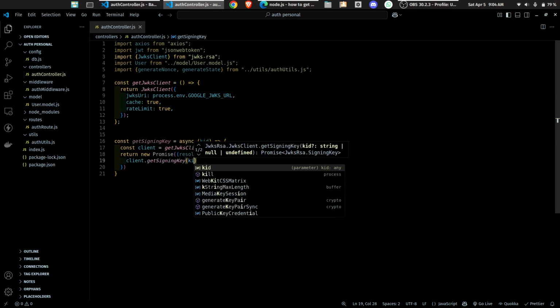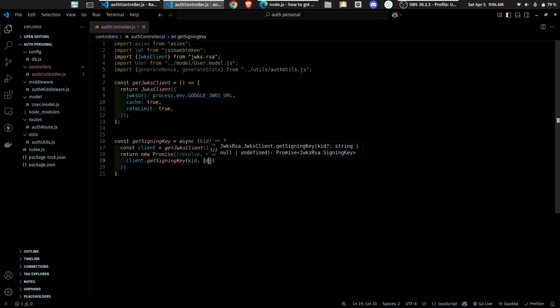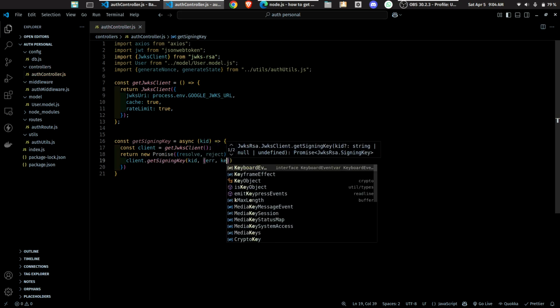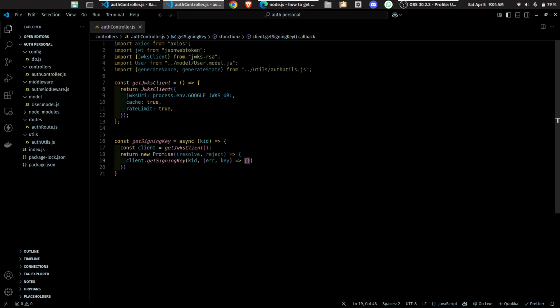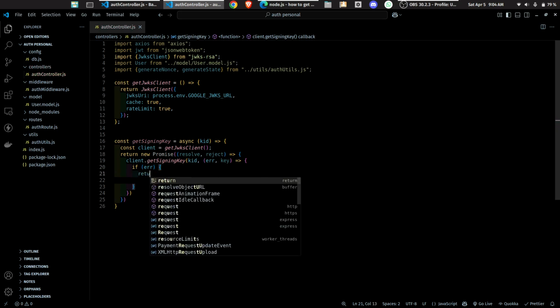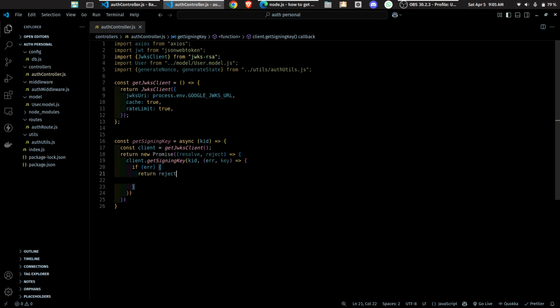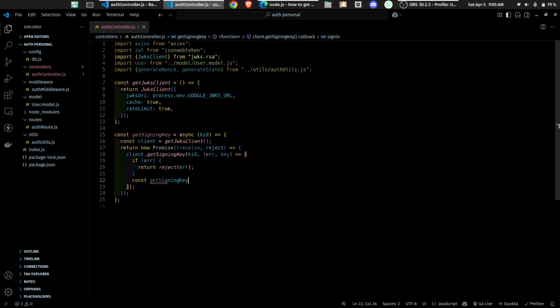With this I am going to pass in key ID and if error, my bad, sorry, if error, then I will be returning reject of error, and other than that const signing key equals to key dot get